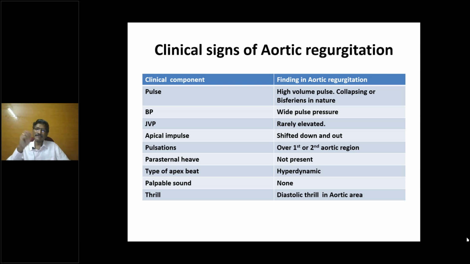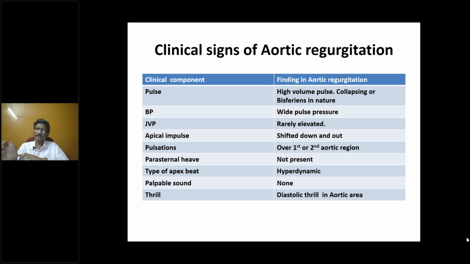There will be decrease in the peripheral resistance. So when the peripheral resistance is decreased, the vessels will not resist the flow. Therefore, the vessels will distend more and accommodate more amount of blood. So there will be increase in the upstroke of the pulse. Because I have not taken the pulse, I'll just try to explain this as best as possible. The pulse will have a rapid upstroke. And the downstroke depends again on the peripheral resistance only. Since the peripheral resistance is not there, the downstroke will be very steep. It won't fall slowly, but it will fall down very quickly.